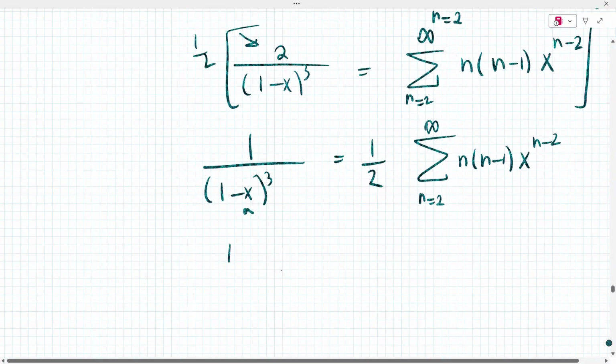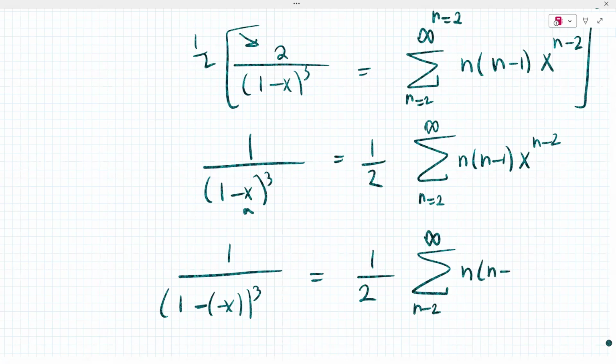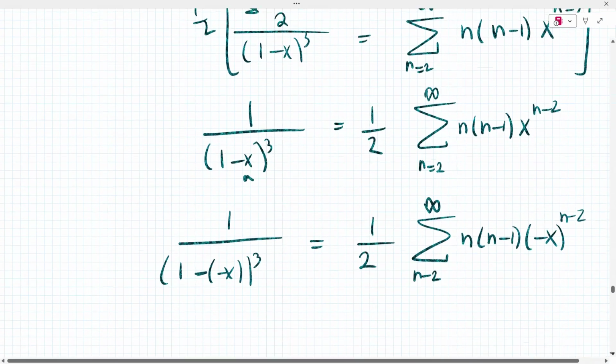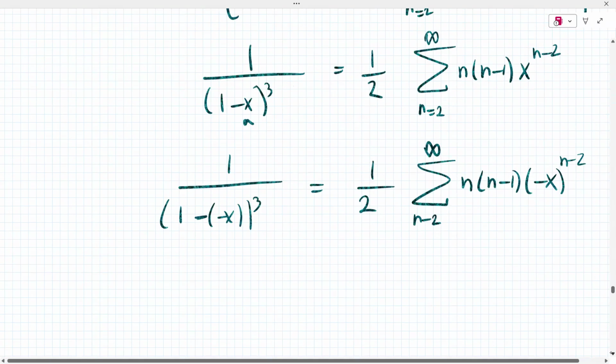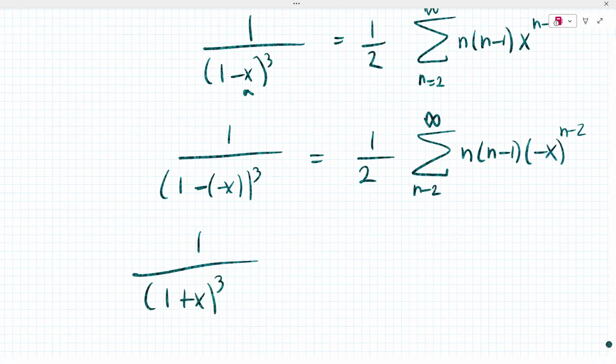So it's going to be 1 over 1 minus negative x to the third. And this is going to be 1/2 the summation of n equals 2 to infinity. Okay, so now this becomes a positive, so it's going to be 1 over 1 plus x to the third